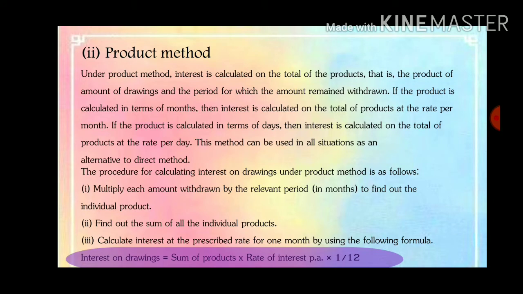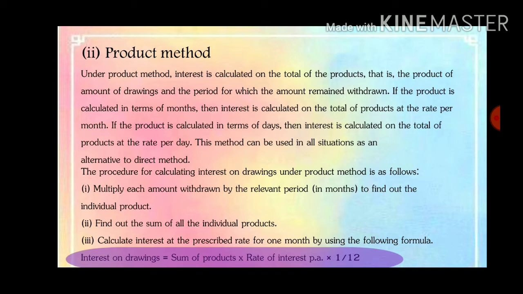Then next method, product method. Under product method, interest is calculated on the total of the products, that is, the product of the amount of drawings. Product method is an irregular method. The first one is direct method. The direct method is